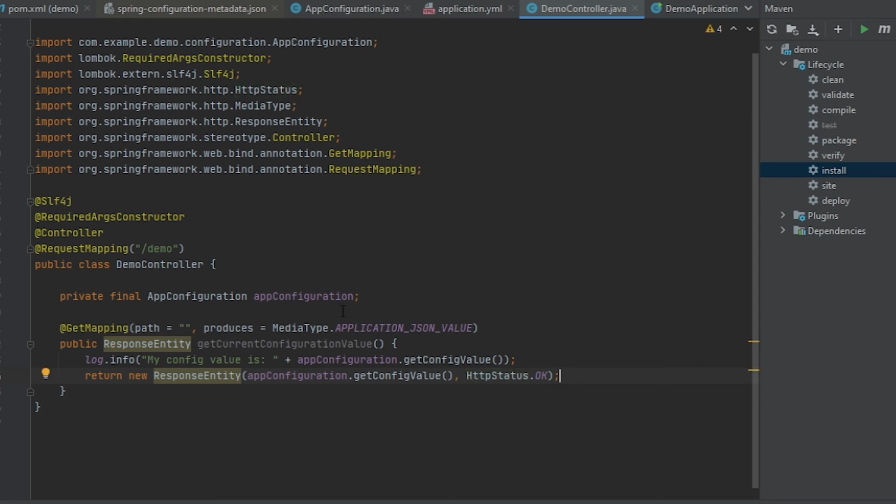All right, and now we have a very basic controller, and when we run our server, it's going to, again, create a GET API endpoint under demo, and when you call it, it'll log to our console "my config value is" the value coming from our application YAML. And also when you call it, it'll return a payload where the response entity will contain the config value, and it will also return a value of 200